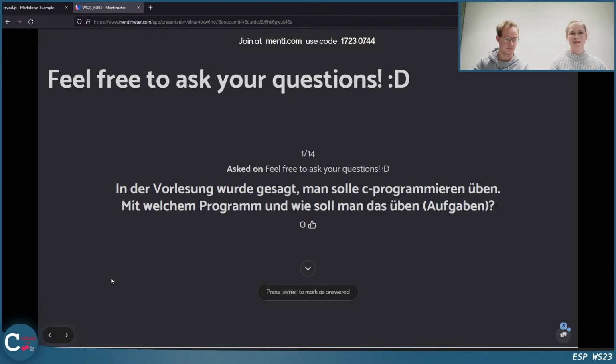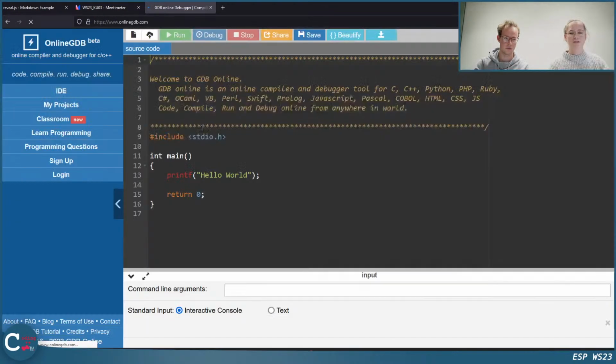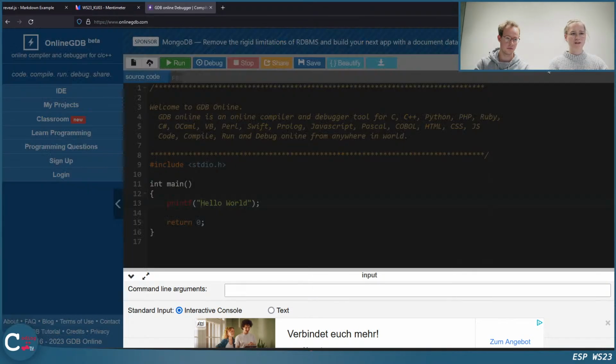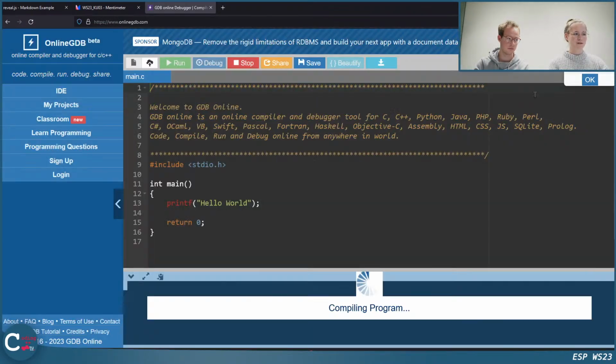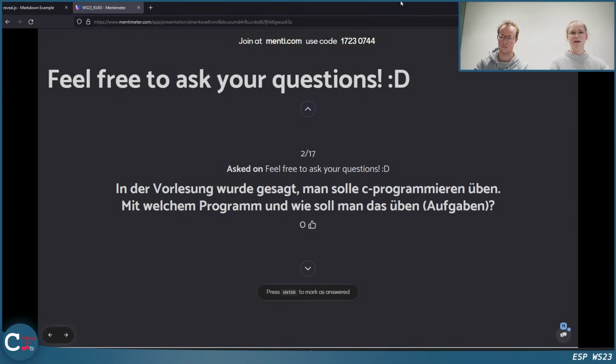Exactly, as we said, you can use online GDB. We linked it in the last handout and showed it to you in the last stream. There you can just compile and run C online. Maybe you can just open it. Yeah, of course. You already have your main function with your printf here. If you press run, you will see that you need to select a language. You can just select C and then run your program and you will see the output. I think this would be the easiest way for you right now to try out C and maybe also try the algorithm we wrote today.